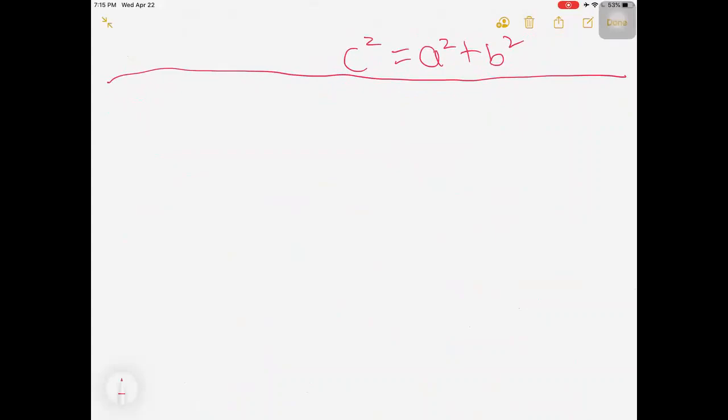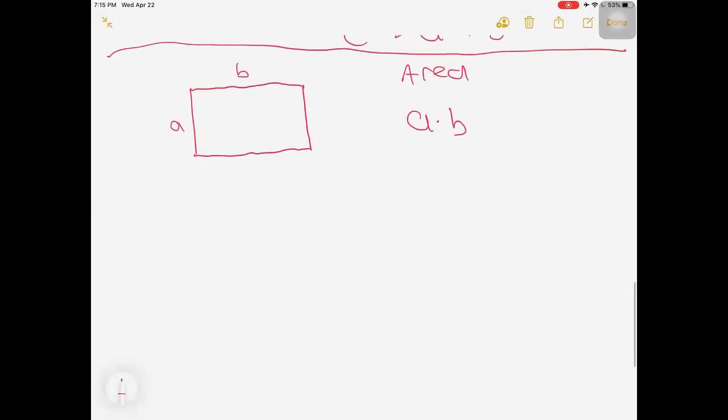Okay. So the last thing we're going to cover are the basic area formulas. So the first basic figure is a rectangle. I'm just going to speed through these because these should be pretty easy. Side lengths of A and B, area is just A times B. If we have a triangle,